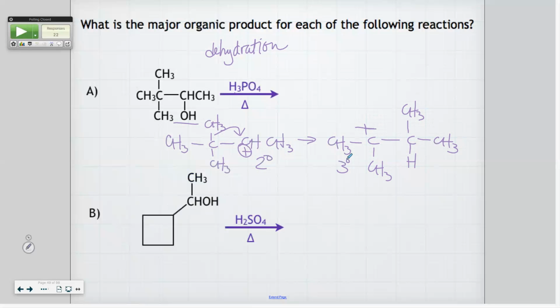Okay, now which hydrogen am I going to lose to make my double bond? Which one? I can lose one off the methyls, right? Or I can lose that one. That one, why? Because I'm going to get a double bond that is